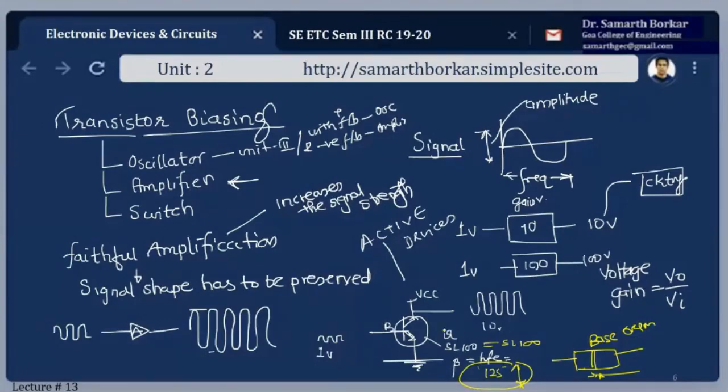So it is another reason why this output can get changed, because of VCC, but we are not going to change the VCC. With the temperature, you have studied, with the temperature, the minority charge carrier current increases. They have a big role to play here. Then if the temperature changes, then we have to provide some kind of mechanism that output remains fixed irrespective of whether I change the transistor or if the temperature is getting changed or some set of voltage values are getting changed. Fine. Output should remain constant. And whose job is that? That is the job of a biasing circuit.